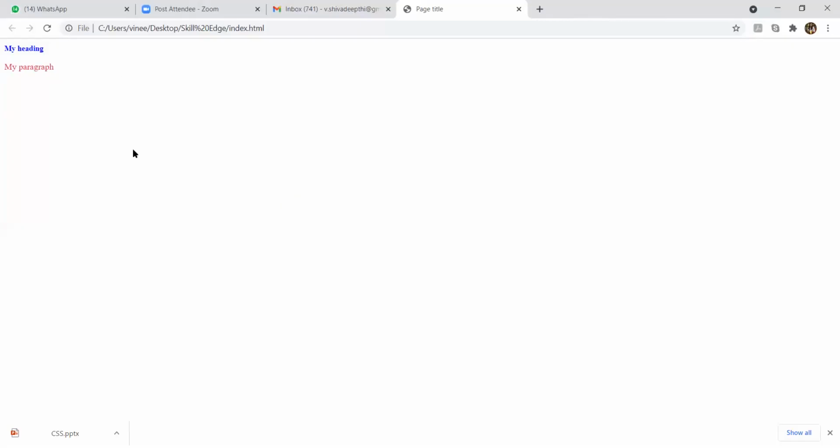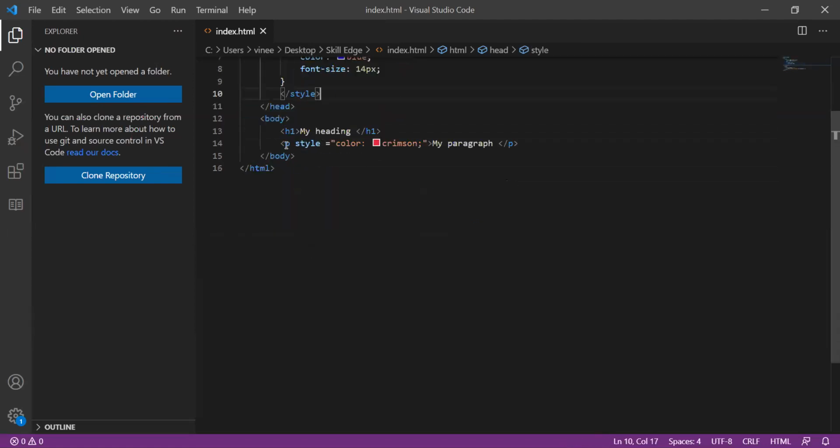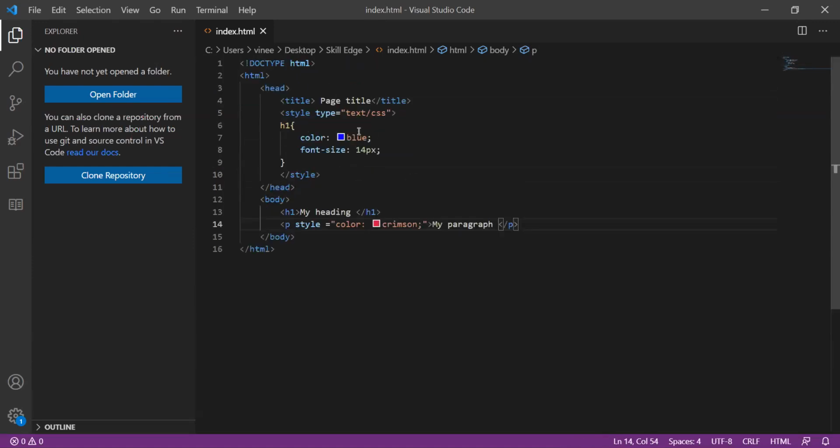You're able to see the screen, guys. Here we have done it with external, and we have applied this particular CSS in the style attribute in the head tag, and this we have applied inline itself with the paragraph tag. We have applied it with the text. We have applied the CSS colors as well. So here, first of all, we have created a style attribute and we have mentioned the CSS colors here. And for this, we have mentioned it here itself without creating any other tag or any other file. In this particular line only, we have mentioned it. So this is the reason we call it inline CSS style.